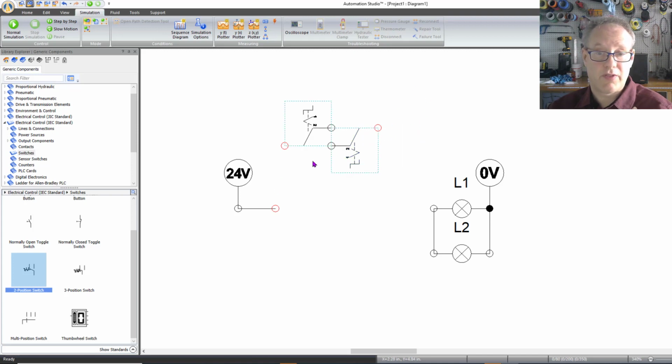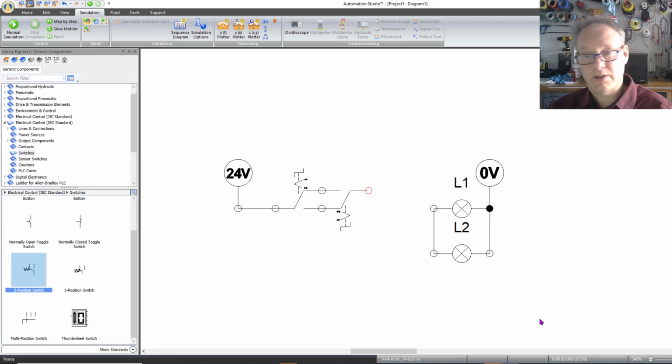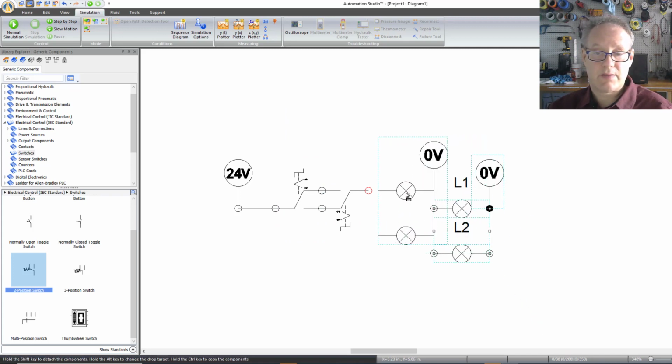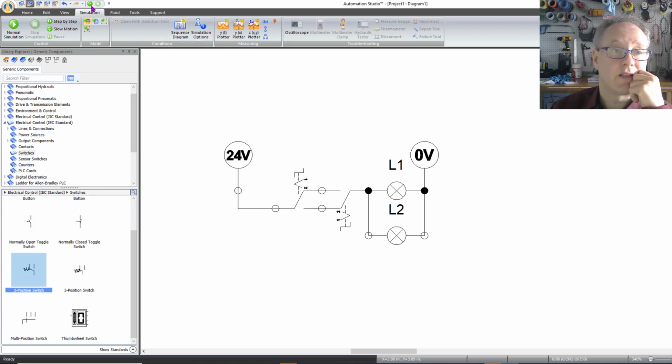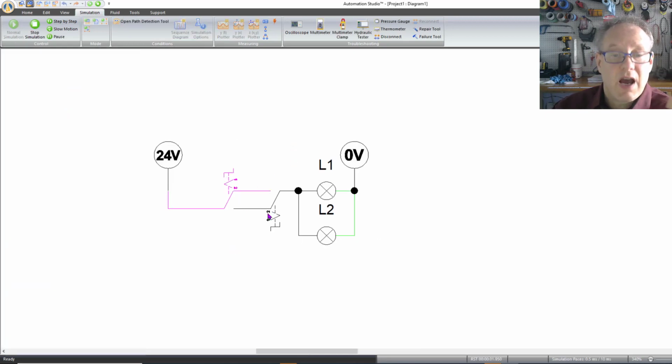And I'm going to grab the whole thing. I'm going to bring it down here, and then I'm going to maybe grab this thing. You know what? We want to be consistent with things. So this is kind of weird, so I'm going to bring that up. Isn't this a great program? Now, what I can do is run this simulation. Although these are not actual symbols that are used in JIC, so we don't put three-way switches in ladder logic,